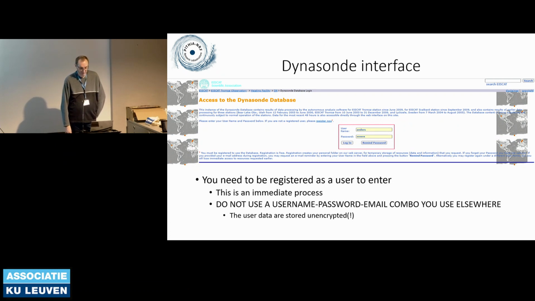By the way, this is an interface from the 90s. So I don't know if anyone actually knows how it's actually done, so we cannot really change much. But you need to register as a user to enter. It's an immediate process. And please don't use a username, password, email combo that you use elsewhere, because everything is stored unencrypted. The only reason why we actually want this to be there is that you can restart your older sessions. So you should have a password and an email that you actually use, so that if you need to be reminded of your password, it will be sent to you unencrypted if you ask for it. Anyway,